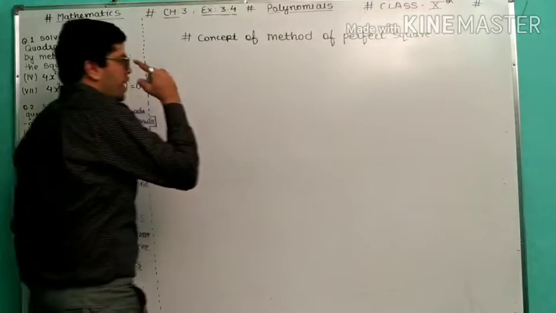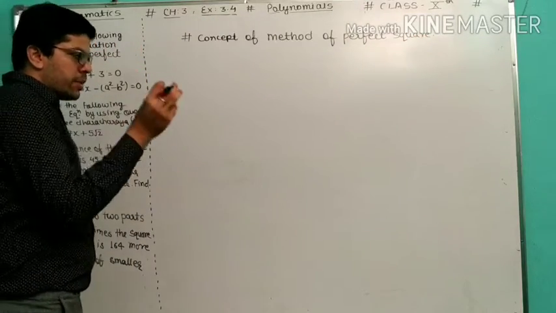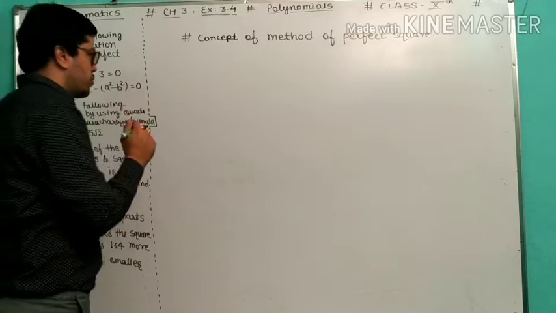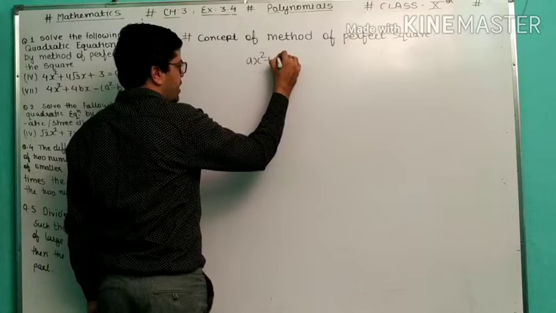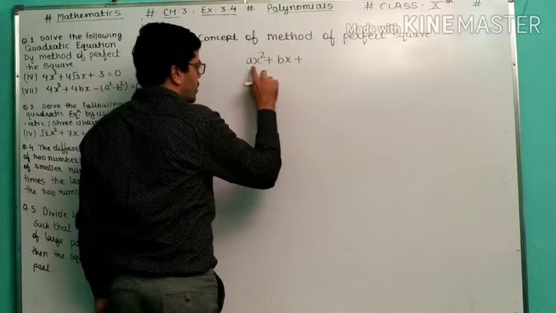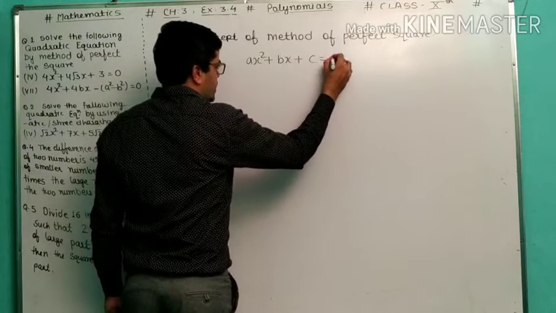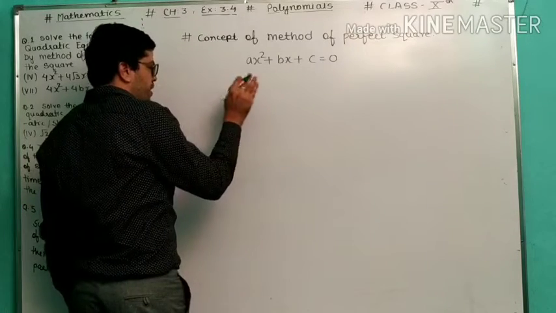If you want to find the roots by using the method of perfect square, how can we find them? The standard formula we are going to use: ax square plus bx plus c is equal to 0. First step,